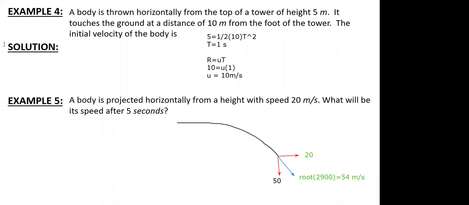I'm just moving to the next type if no doubts are there. I just gave all the types of questions which might arise for horizontal projectile. They might ask you velocity, angle, time, horizontal range, or the final velocity after a certain period of time. So these are all the possible cases of horizontal projectile. I got this 50 by applying the formula V equal to U plus AT. U was 0, A was 10, and T was 5 seconds. So it becomes 50.